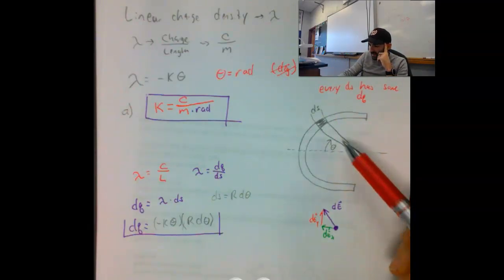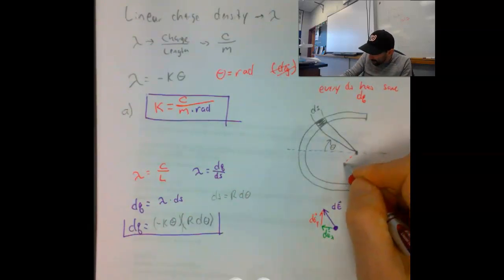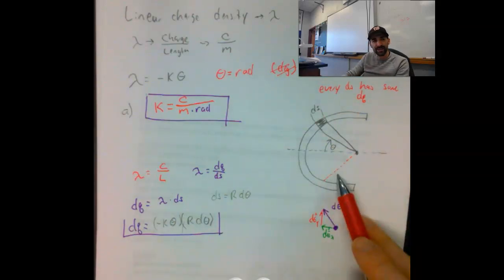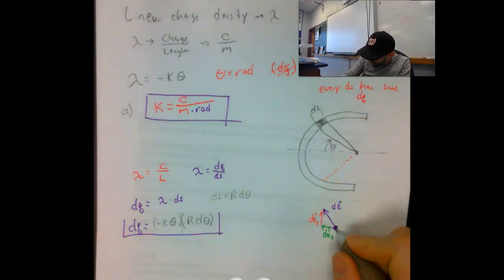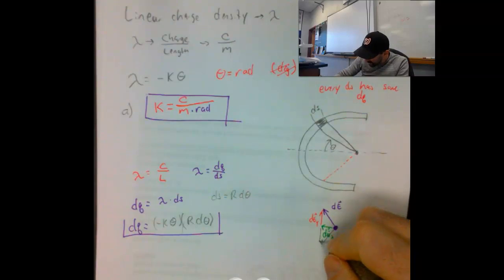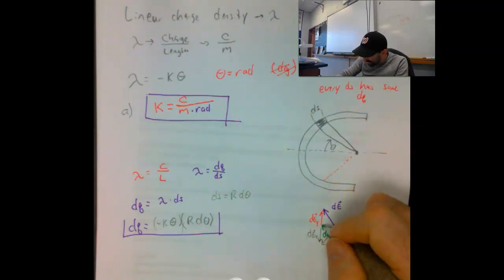If this spot looks exactly like that, then the exact opposite side would look like this, where I would have an electric field in the y direction there,